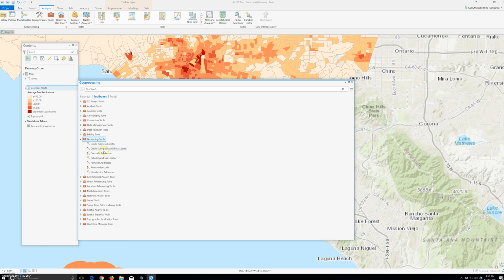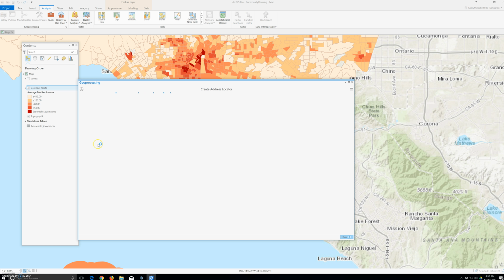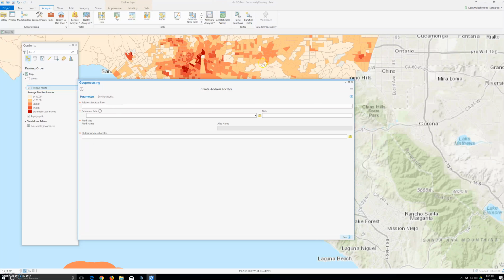In the geoprocessing pane, we're going to select US Address, dual range from the address locator style drop-down list. We're going to click the browse button next to the reference data box and select the streets layer from the community housing geodatabase. It is still running. All right, address locator style, dual range,